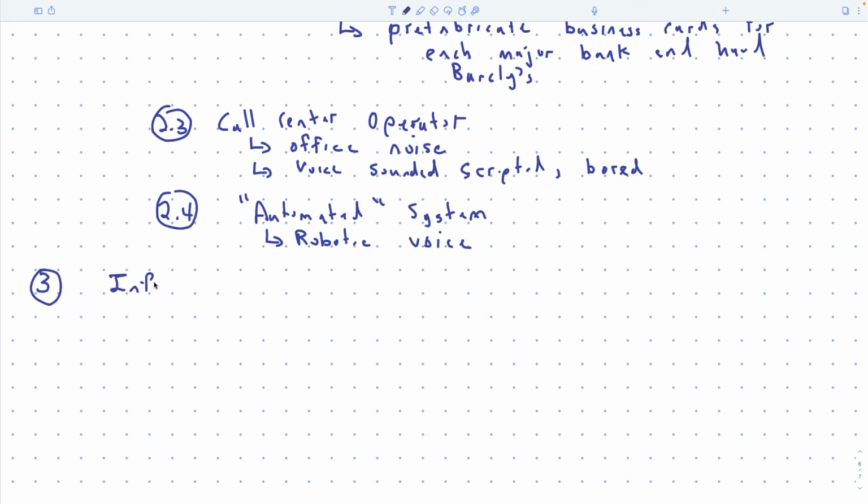Okay. Then the third category is influence. And this is basically an elicitation attack. I'll put it as 3.2. You're trying to get the PIN from them, which is you're trying to get information. You're not trying to persuade them to do something necessarily. Well, first off, was there any persuasion component to the attack? Yes, persuasion to speak with the bank.